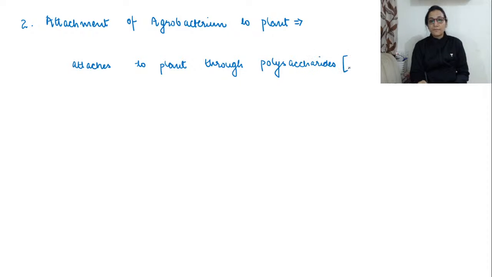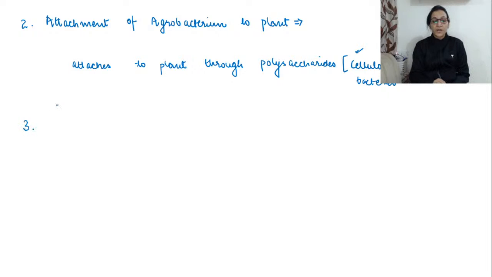And these polysaccharides, specifically cellulose, is used for the attachment. And this cellulose is produced by bacteria. Cellulose from bacteria is responsible for attachment. Now several chromosomal virulence genes will be responsible for cutting and then transfer of tDNA into the plant cells, right? So attachment of Agrobacterium to plant occurs with the help of a polysaccharide, that is cellulose, which is produced